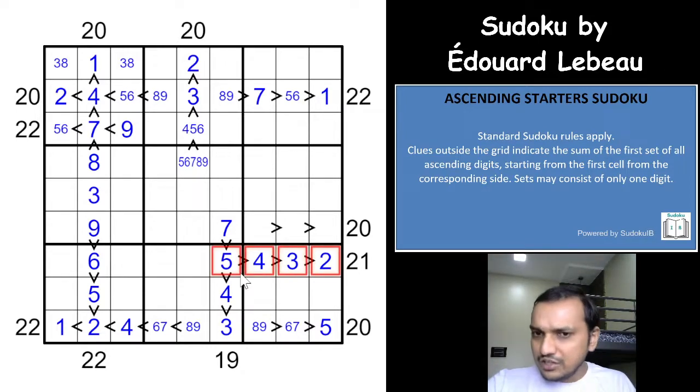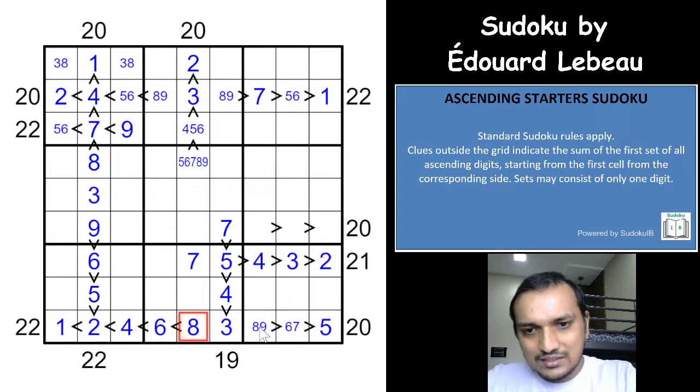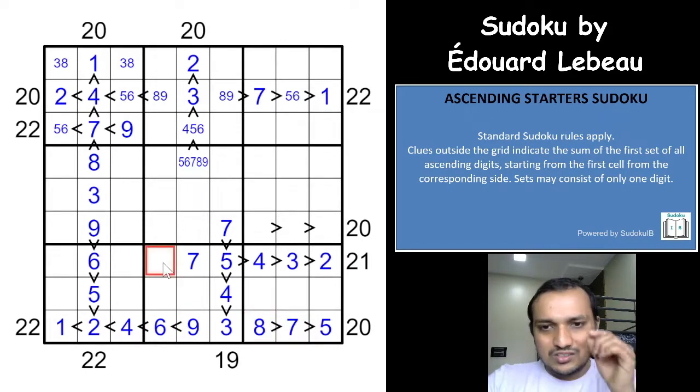You already have a 14 sum here, and there will be only one digit required to complete the 21 sum. That would have to be a 7 here. That is awesome. That gives you 6 and 9 here. That gives you 7 and 8 here. Wow. This cell would have to be